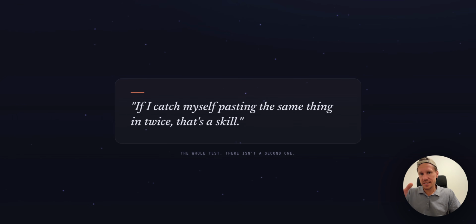And if the job has more than 1 step to it, even better. Like go find the stuff, tidy it up, get it into a format, and then put it somewhere. That's definitely a skill. Because those are both jobs that quietly eat away at your week or your day. And I know what they cost because I did it the hard way for years.